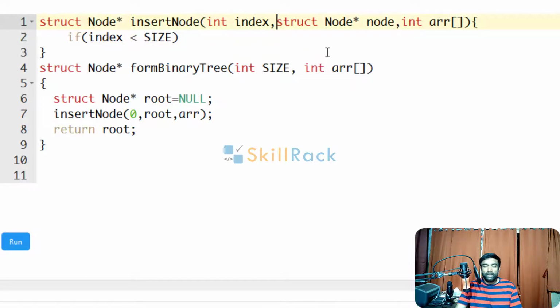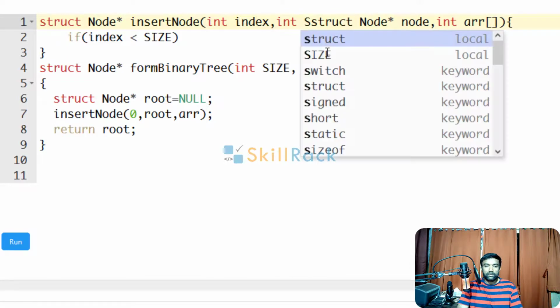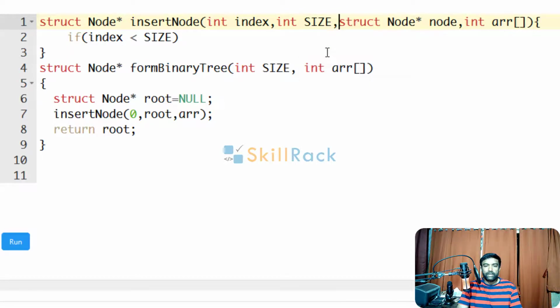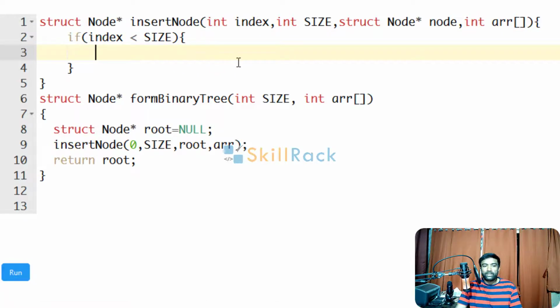So we will have one more int size, which we have to accept. Here too we have to pass the size as the argument, because we need to check that the index is less than size, otherwise it will go out of bounds. So if index is less than size, then that node is valid.